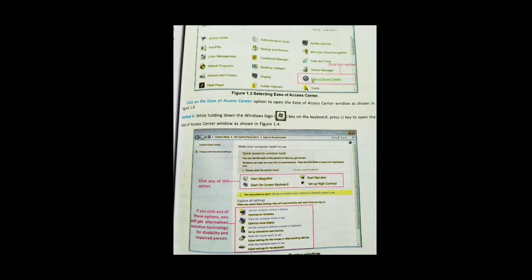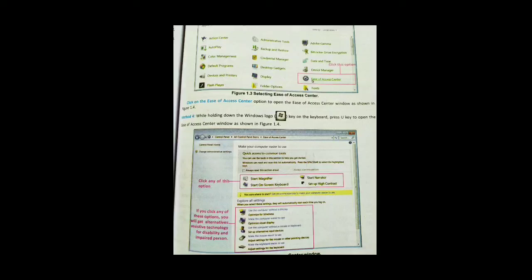It is method number 4. So just click the Windows button and click U, you will get the disability options. In that figure they have shown, click any of these options. If you click any of these options you will get alternative assistive technologies for disabled and impaired persons.